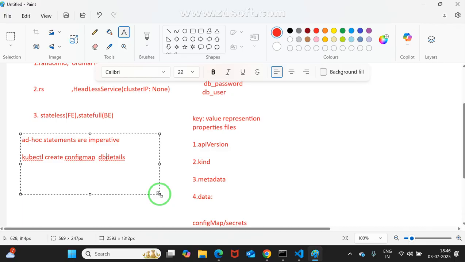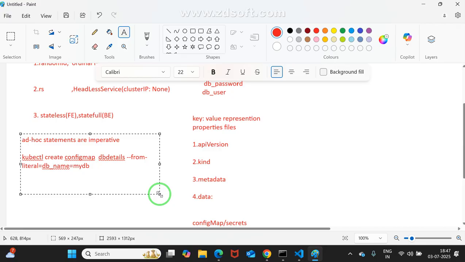So: kubectl create configmap db-details. After that, hyphen hyphen from-literal, and then the key-value pair.